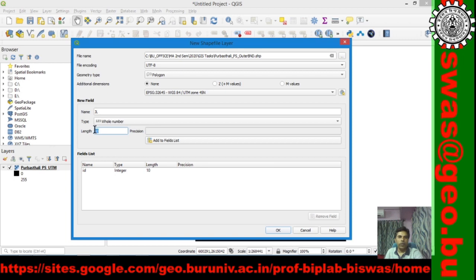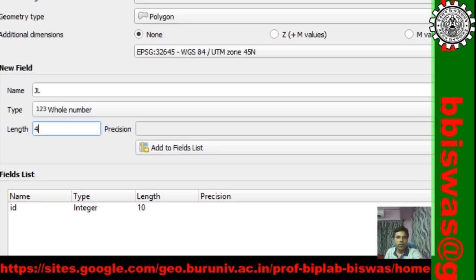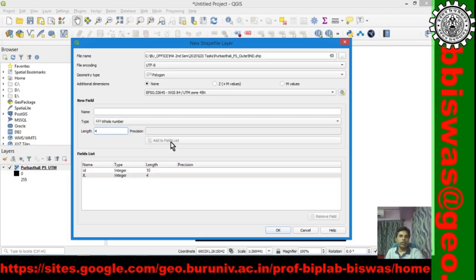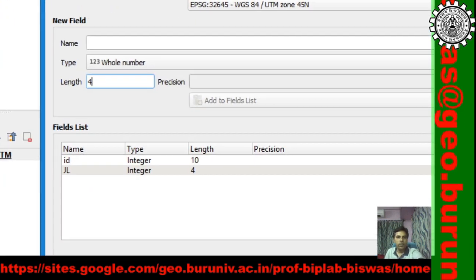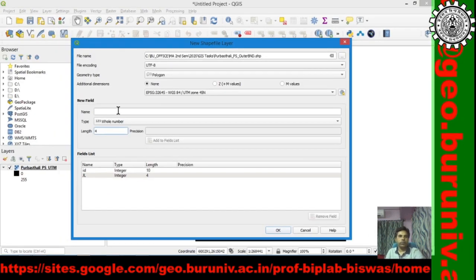Normally one PS may contain say 1000 villages, so length may be 4 digits, and if it is a decimal, then we should give the precision, otherwise leave it, and add to fields. So JL is added, you can see JL is added in the table, hit OK.